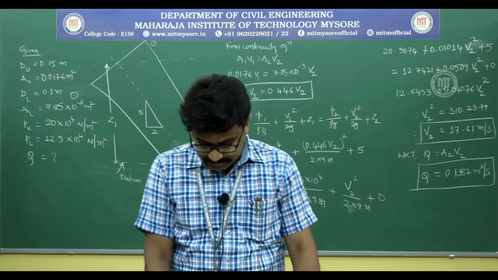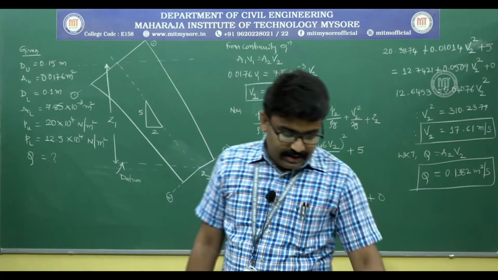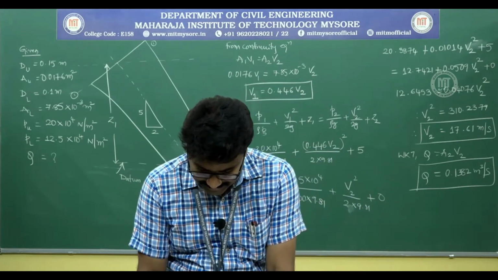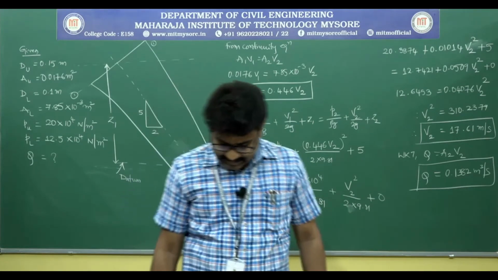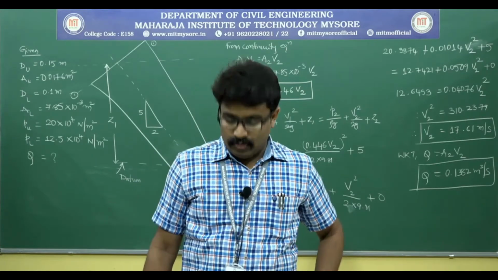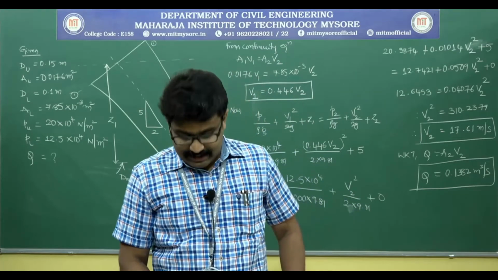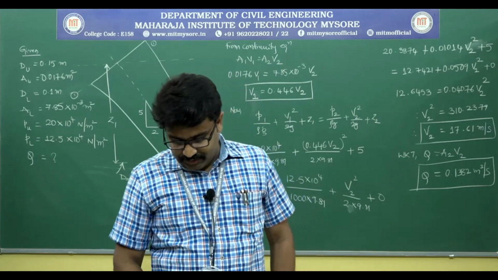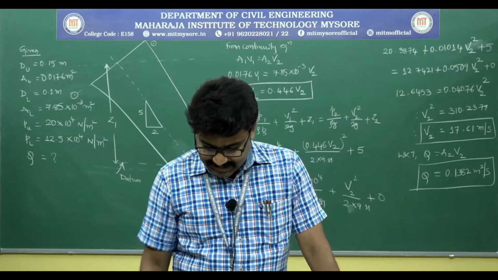Take the next problem. A pipeline carrying oil of specific gravity 0.85 changes in diameter from 200 millimeter at position A to 500 millimeter at position B, which is at 4 meter higher level. If the pressure at A and B are